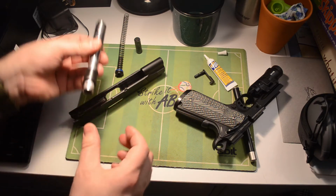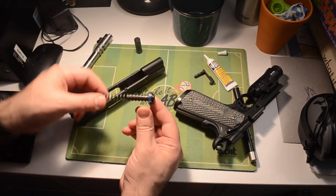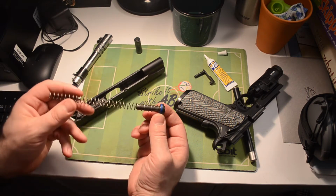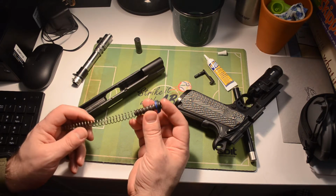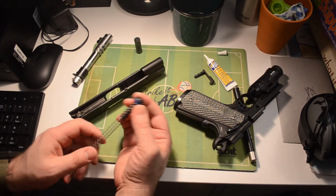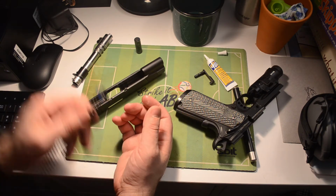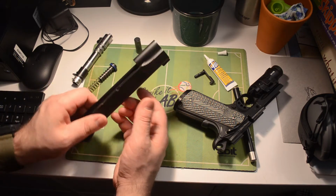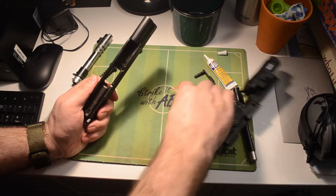And I'll put the bushing on there and just put it off to the side. Your guide rod, little mini guide rod and recoil spring, don't need any kind of maintenance whatsoever. Clean off the dirt and then replace the spring as necessary, probably about every 3,000 rounds. I have a Wilson Combat recoil buffer on here. That's fine. When it comes to your slide, there's not much you have to do, but you should, at very